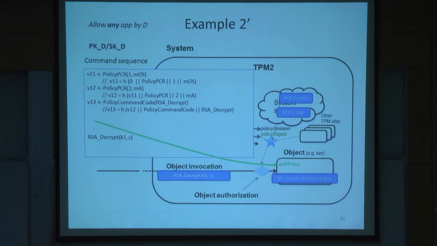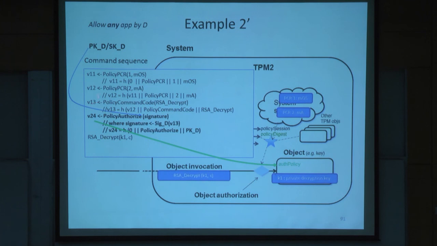So a naive way to do that would be to say, okay, let's assume that the developer has a key pair PKD SKD, and every time he issues a new application, he will issue a certificate for that application that will have this form. So it will have a signature, signed using his key, and it will have the value of the policy session if you have been doing the sequence of commands for that particular application. So if you were running MA, then the signature will have